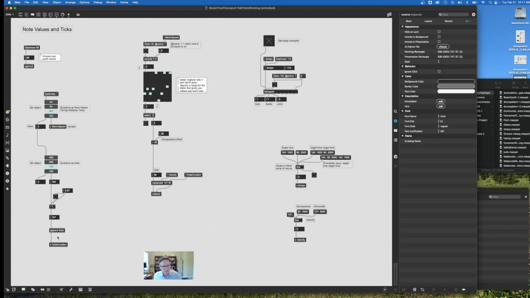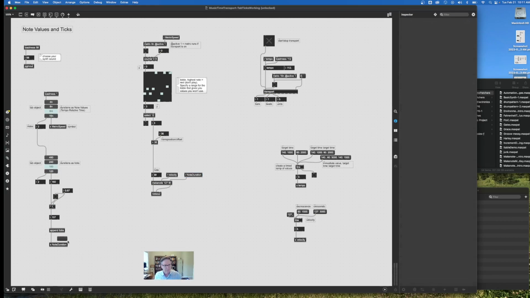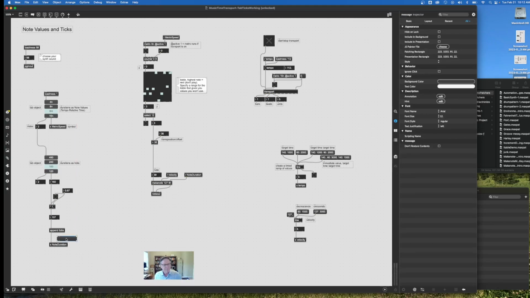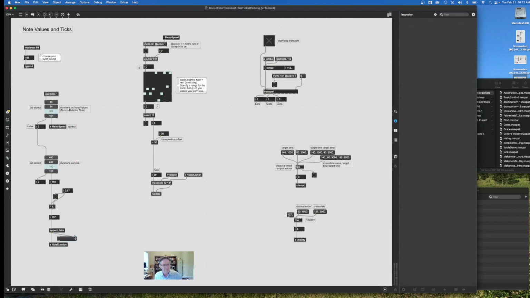Now it's hard to see that that's actually happening, so I'm going to add a message object, expand a little bit, and plug into the right inlet, which will update the contents of the message but not output it. So as I do this now, you can see that what's coming is the number of ticks with the word ticks afterwards. That's being sent, and that's going to change your duration. So change that back to 1. If I start,